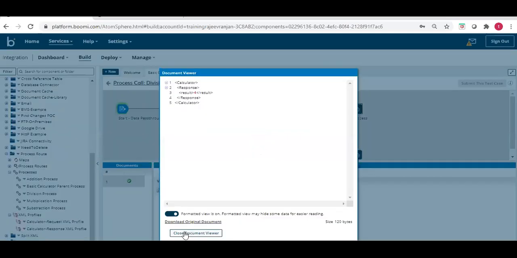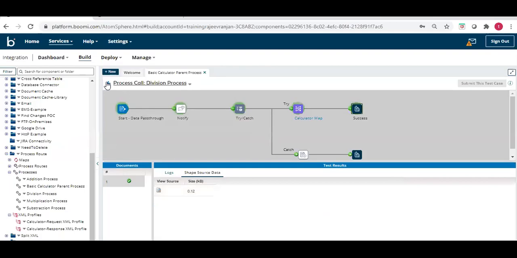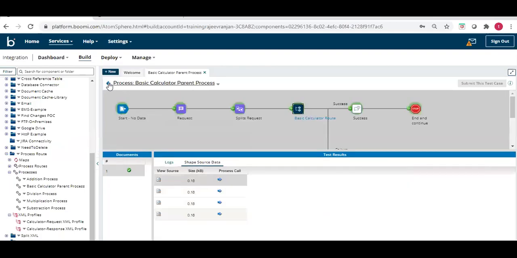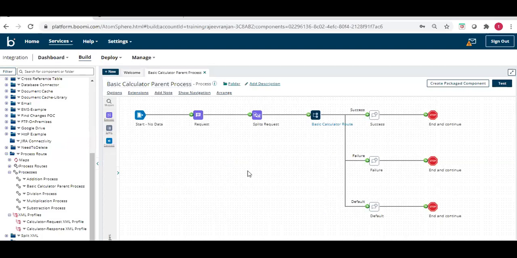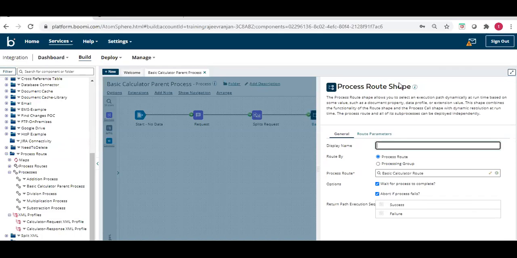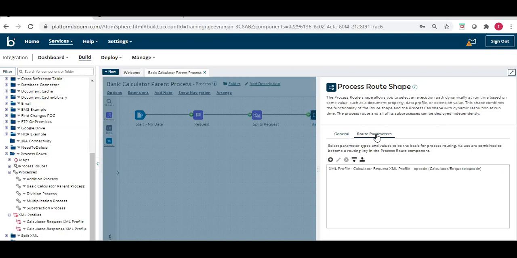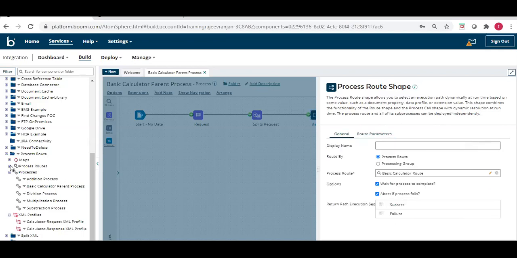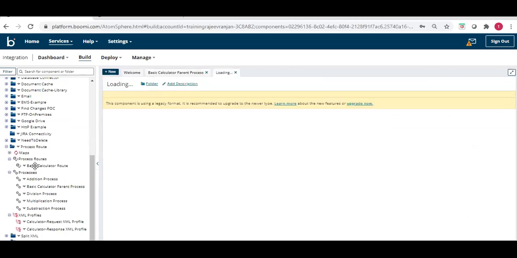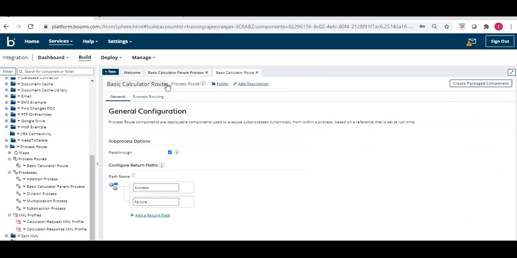Correct. So here we are able to see how this process is loaded and executed dynamically. We haven't placed any sub process call. This is the process route shape, which basically uses the route parameter, and that route parameter is configured in the process route component.